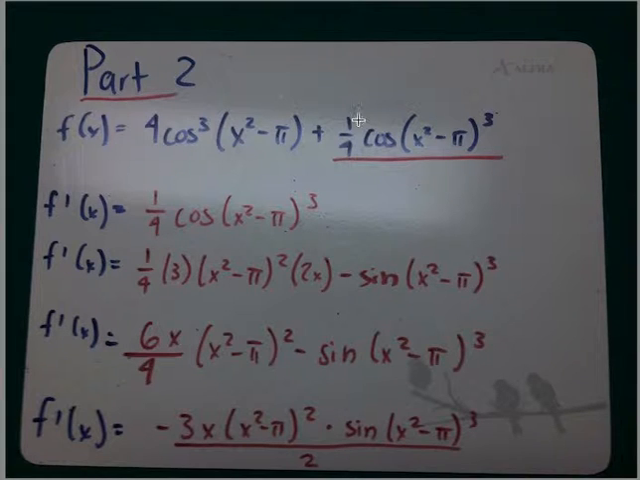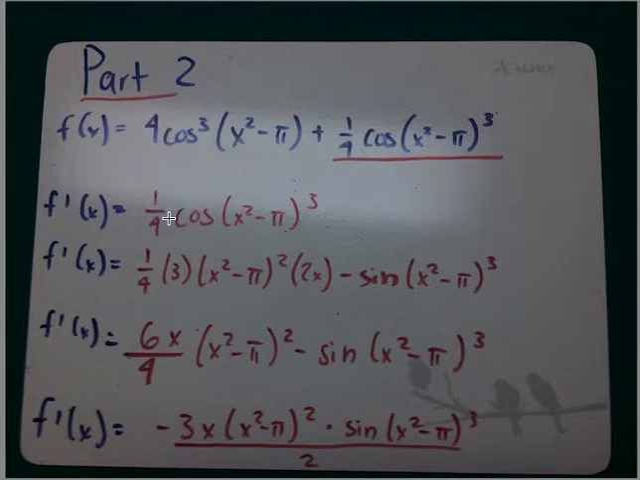For part 2, we are going to derive this part right here. Pay close attention again to the cubed. The cubed is right outside, not beside the cosine. This means that it only affects what's inside here. So we are going to use the chain rule again. This is n, so we multiply the 1/4 and the 3, and then we put the u as it is, but n minus 1, 3 minus 1, I mean, it's 2, times u prime, which is 2x,